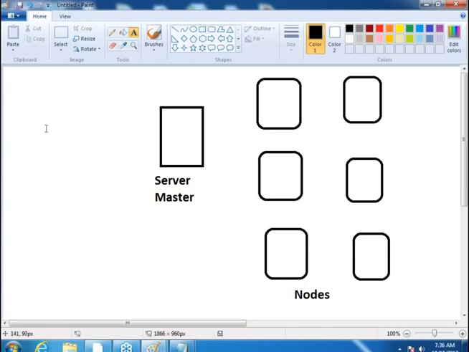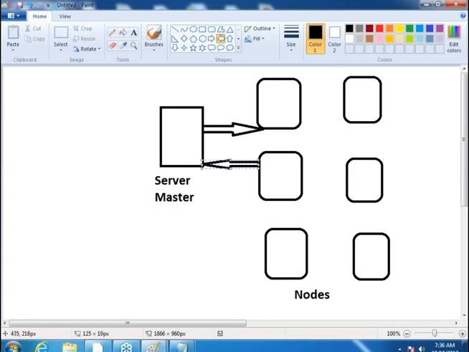Whenever you have asked to install a new infrastructure, if the server speaks with nodes, that is one way, or nodes speak with the server. Only this can happen, right? Server speaks to node or node speaks to server.